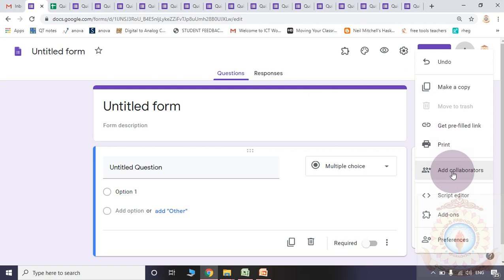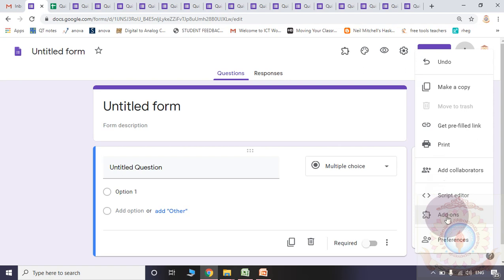Add collaborators. By clicking it, you may add 2 or 3 different moderators, meaning from their Gmail ID also they may access this particular form. Suppose you want to observe how many candidates are registered for your webinar, so generally 2 or 3 collaborators should be there for this form. So in parallel, from their home, they may easily observe the statistics. If you are not adding collaborators here, only the person who created this Google form is supposed to observe the responses using their Gmail ID.